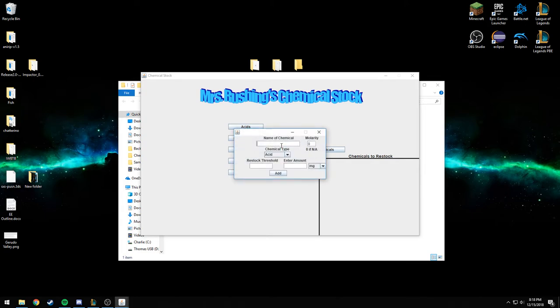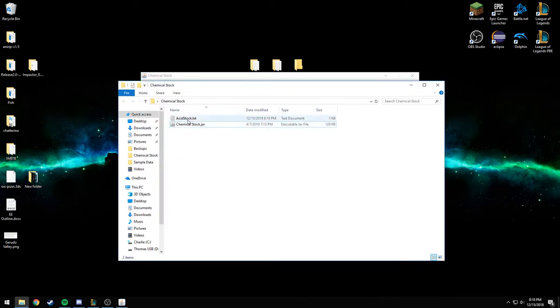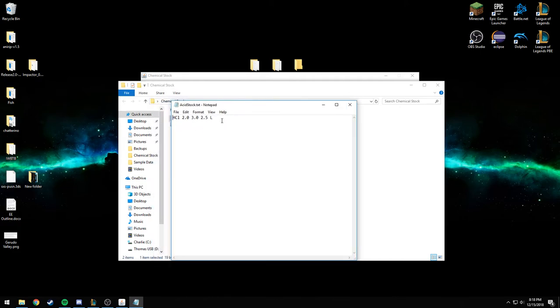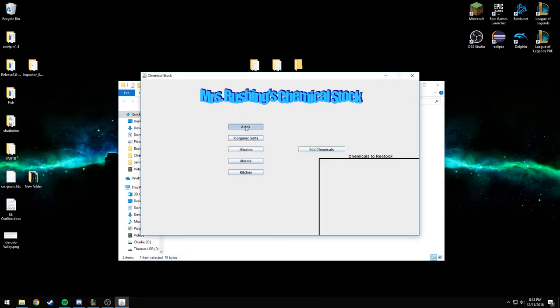Here we have a data entry window that allows the user to enter new chemicals with current amounts and a restock threshold. Let's make hydrochloric acid, 2 molar, chemical type is acid, restock threshold 2.5 liters, and current amount 3 liters. Add. That created an acid stock txt file, which is the file format,